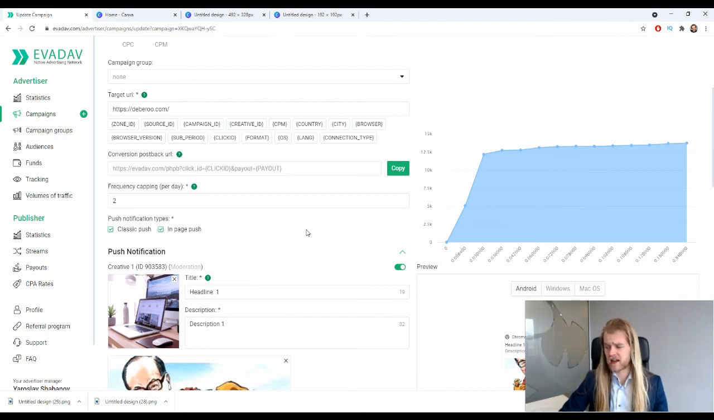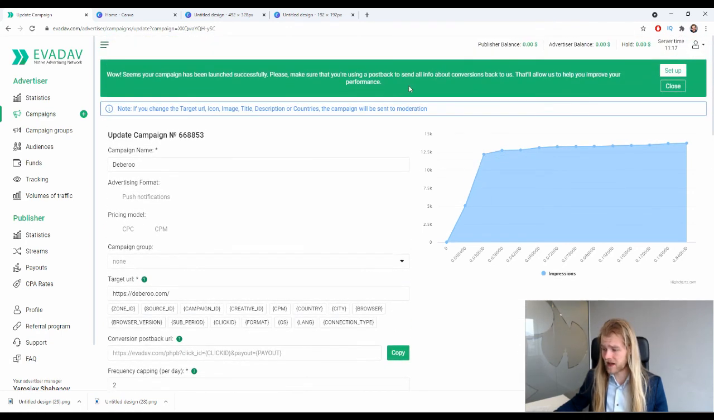Apart from that, it's a very decent traffic source. We have quite a lot of traffic available, so it looks all good. Pretty nice platform. So that is going to be it for this review of EvaDav Push Traffic,